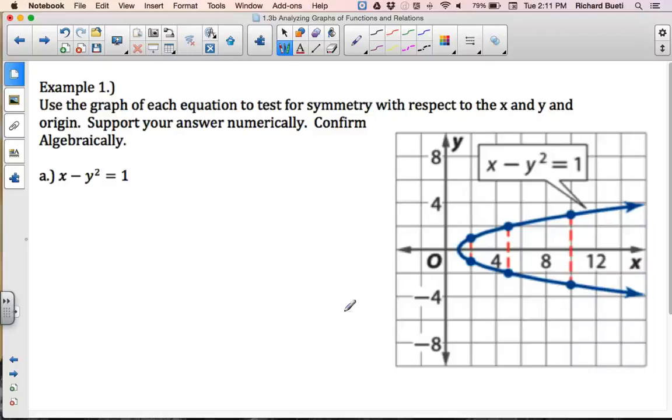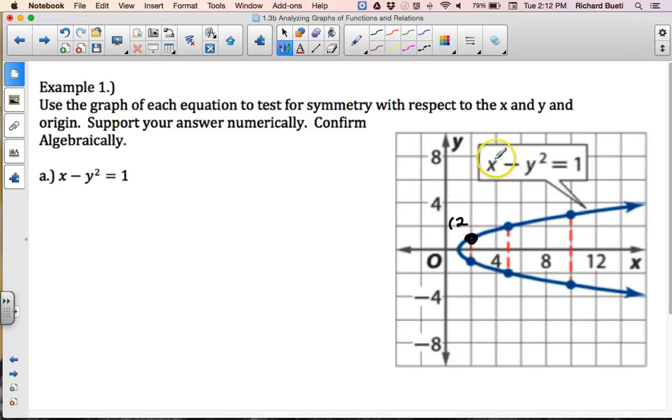So for example, if I look at the graph of this function, which says x minus y squared, and this is actually not a function, this is just a relation because it fails the vertical line test. If I look at the graph of this relation, which is x minus y squared equals 1, it looks like this graph actually has symmetry with respect to the x-axis. And so the way that we test this numerically is that I pick a point (x, y), and so if this is my point, my x-coordinate is 2,